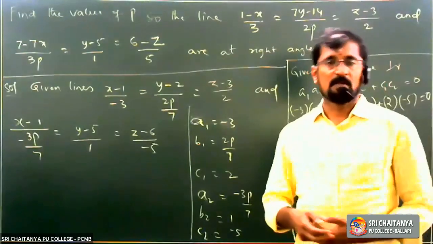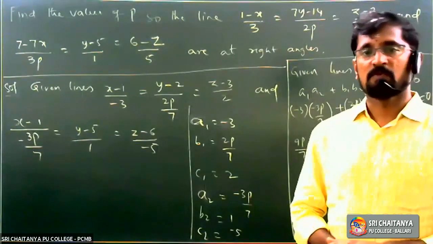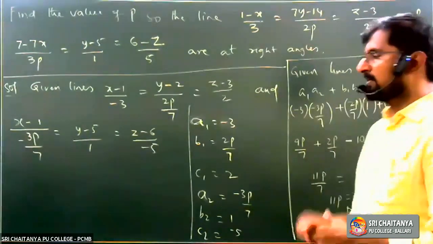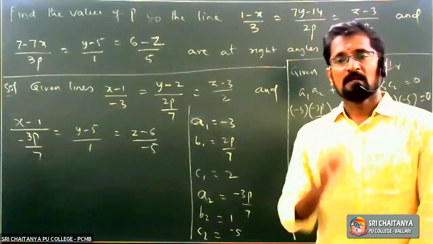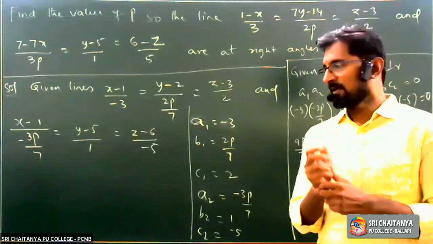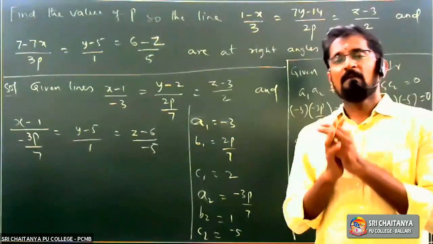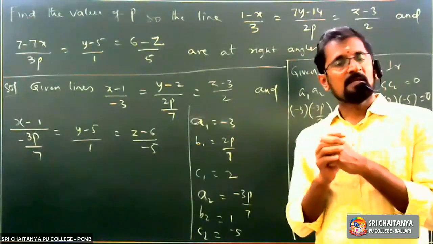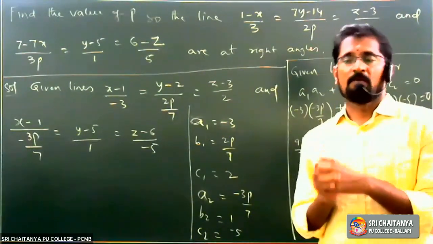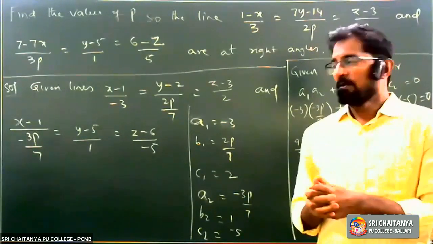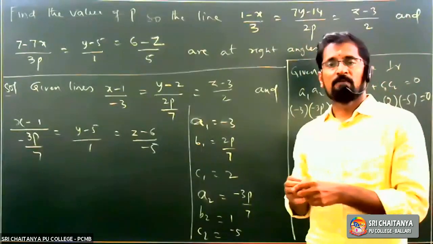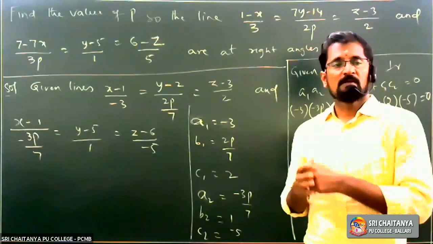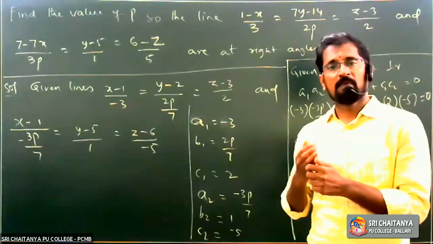That means which is in Cartesian equation, x minus x1 by a is equals to y minus y1 by b is equals to z minus z1 by c is the standard form of a line. Am I right? So first of all, you should check whether the line is in that form or not. Now, I hope you can understand that the line is not in the standard form. So I am going to convert that line in the standard form by taking negative common here.